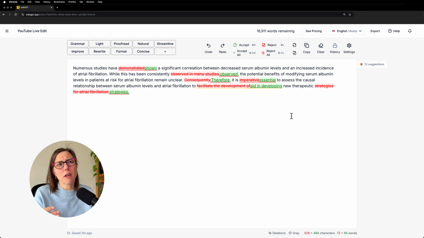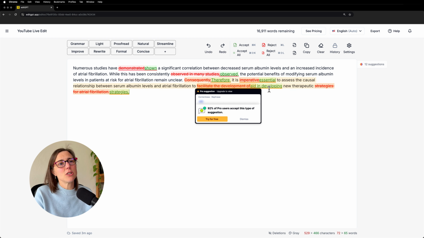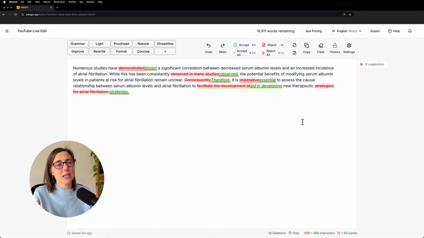Okay, and then later in the sentence, it made that same change to facilitate, to change it to aid in. Oh, and then it weeded out the nominalization development and said developing. So I like that. Nominalizations can drain the energy from your writing and they can use more words. I'll add a link to an article that I wrote about this in the description box so you can see what I mean. But by changing development to developing and then deleting the and the of, it makes the text more concise and clearer as well, and more compelling, has more energy. So I like that change.